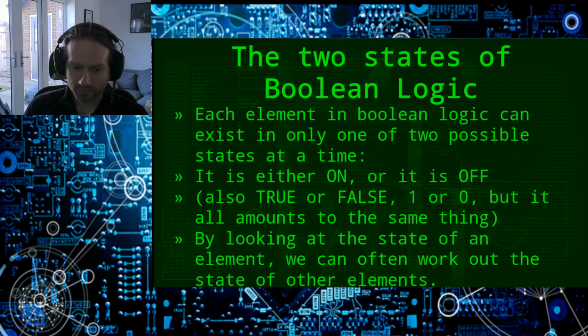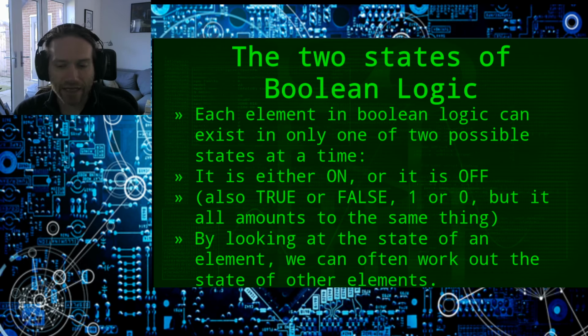And first of all, we're going to do away with any of the thoughts that you might have about things in between states. We're talking about Boolean logic here. Things are either true or they are not true. There might be situations in life where things can be one of many different states, but that is not what we're talking about here. We're talking about two different states, on or off.